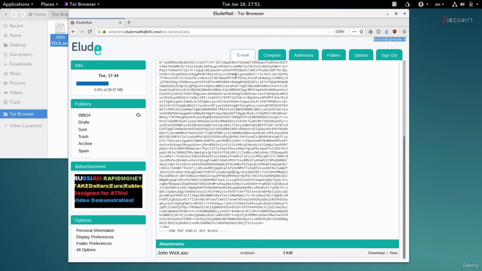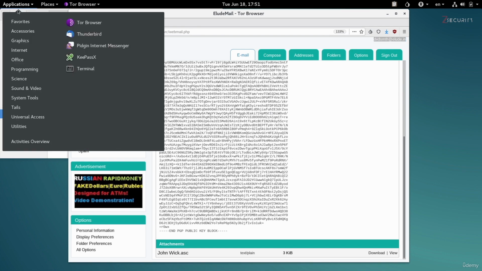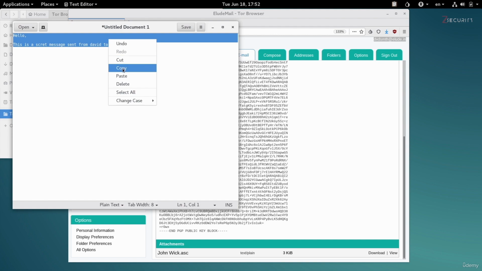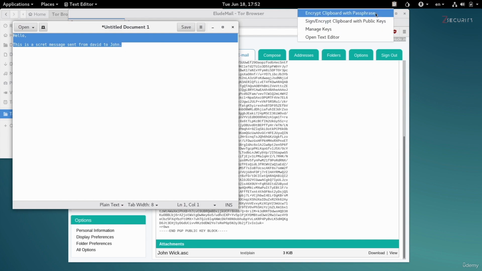So all you have to do is literally start typing the message that you want to send. To do this, I'm just going to open a text editor. So again, we're going to go to accessories. We're going to open my text editor, and I'm just going to start composing the message. So for this, we're just going to say, hello, this is a secret message sent from David to John. Now, before sending this, we're going to select all of this text. We're going to copy it, and then we're going to go to the clipboard applet,